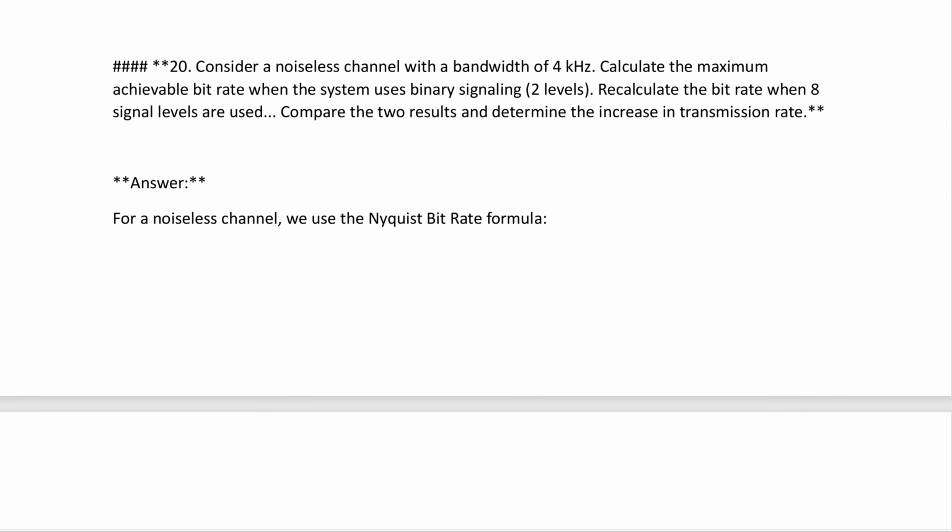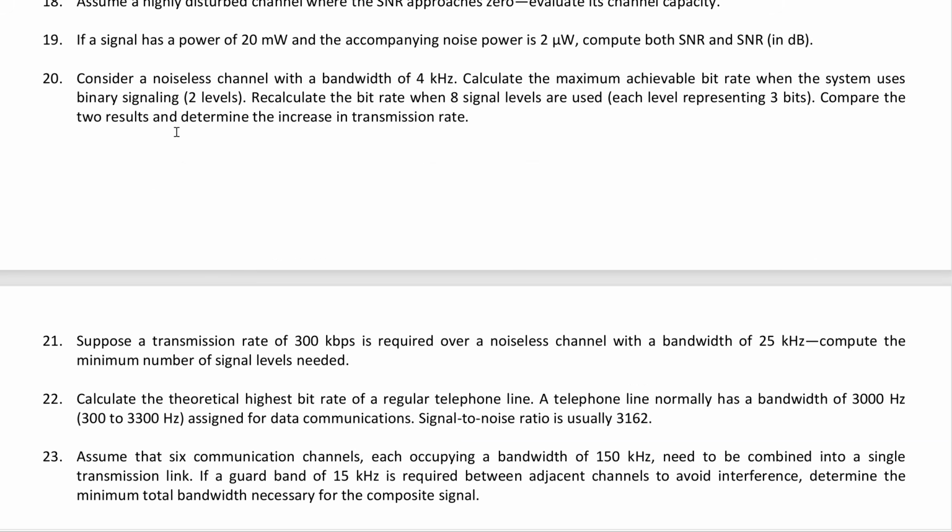We now come to question number 20. Question number 20 says, consider a noiseless channel with a bandwidth of 4 kilohertz. Calculate the maximum achievable bit rate when the system uses binary signaling. Binary signaling means 2 levels. Recalculate the bit rate when 8 signal levels are used, each level representing 3 bits, because if there are 8 signal levels,